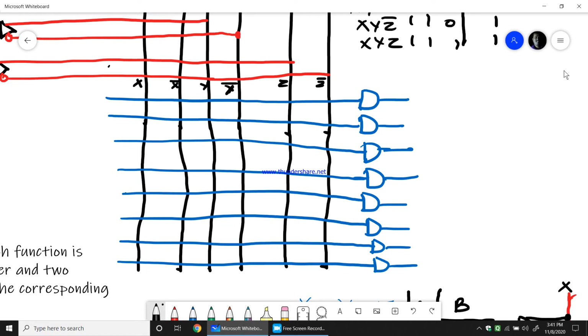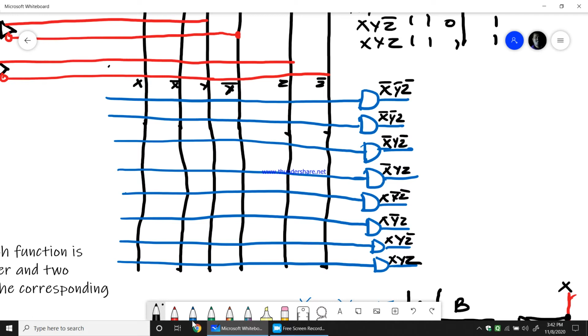The first AND gate is x bar, y bar, z bar, 0, then 1, 2, 3, 4, 5, sorry, 6 is xyz bar, and 7 is xyz.